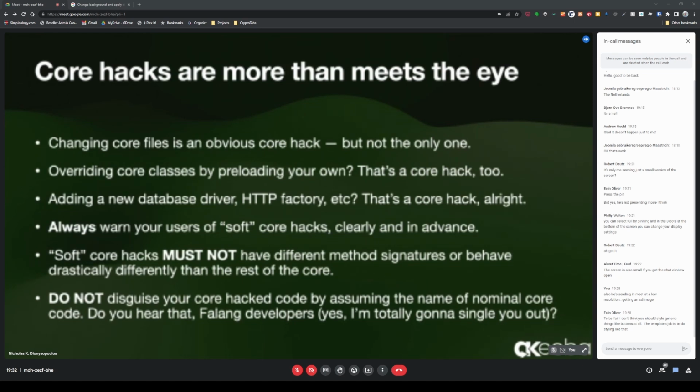Whenever you're doing one of those soft core hacks, the code that you are presenting, its interface must match exactly what is available by Joomla itself. If you have a different method signature, then of course, anything trying to use it will break. And most importantly, do not try to disguise the fact that you are providing a different kind of object than what is offered by Joomla